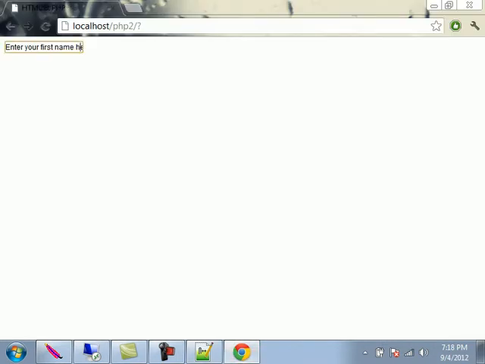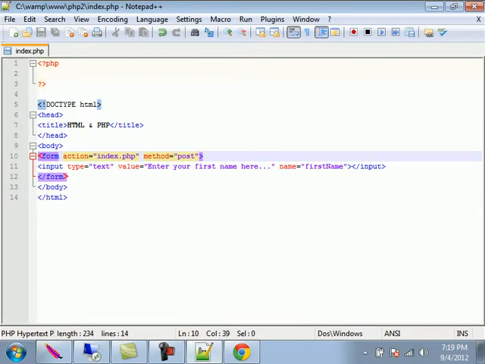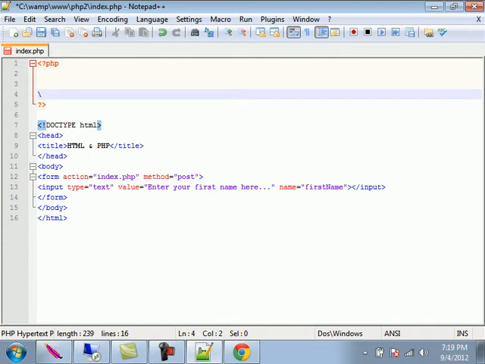Now, if we put hello, you see that it is actually sending it, but it's not actually sending it anywhere. It's sending it here, but there's no PHP for it to do anything with. So let's enter some PHP. The PHP you want to enter is, for instance, the name was first name. So I'm going to put first name equals, and then you're going to put this,